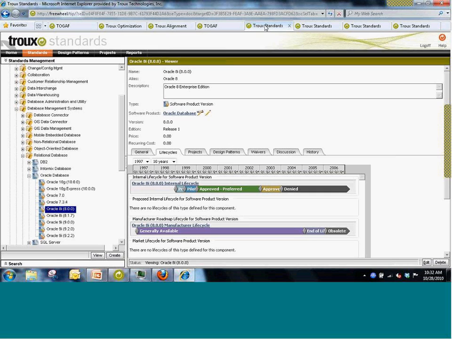So you can see that in category relational databases, a subcategory of database management systems, we have the life cycle of Oracle 8i. And if we look closely, we'll see this is denied for internal use. Probably the vendor has obsoleted it. It was shown in the vendor life cycle. This is critical to enable project teams to select the right technologies for their solutions and to provide governance oversight for compliance.